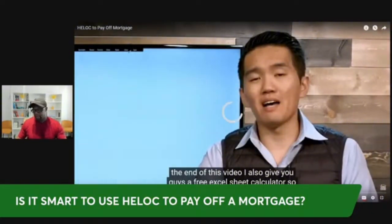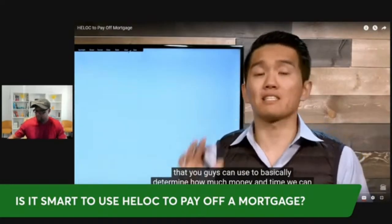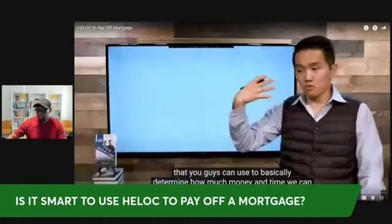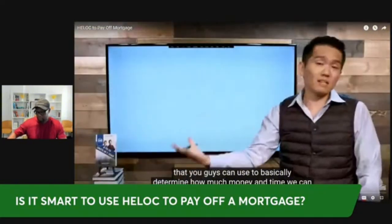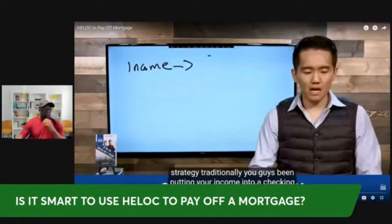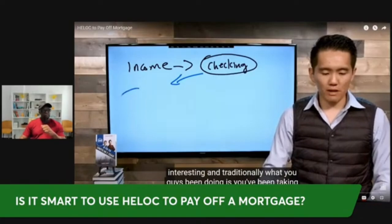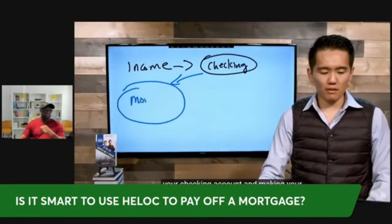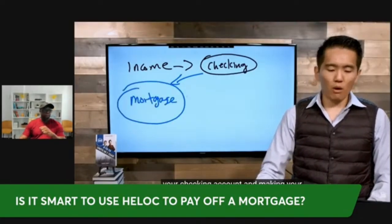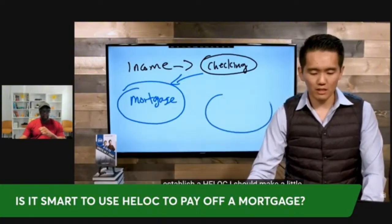There are free Excel sheet calculators that you guys can use to determine how much money and time you can save. It's called a chunking strategy. Traditionally, you guys have been putting your income into a checking account, right? And I changed the color in this so that we make it a little bit more interesting. Traditionally, you've been taking your checking account and making your monthly payments on your mortgage. Well, in this strategy, using a HELOC, we're going to establish